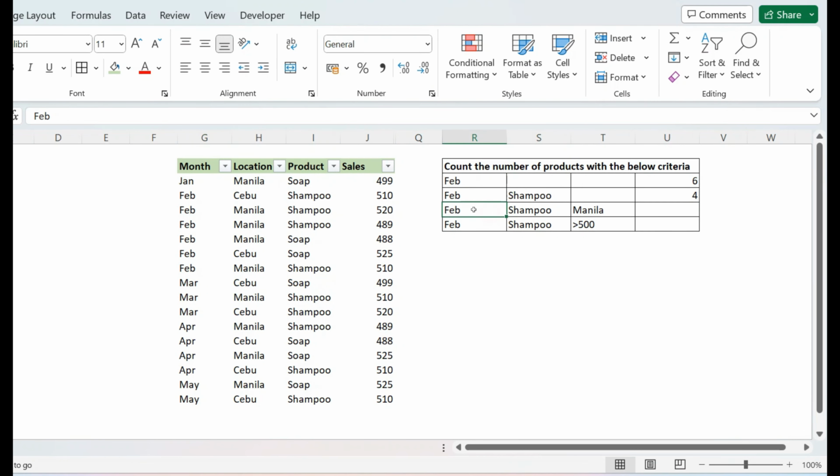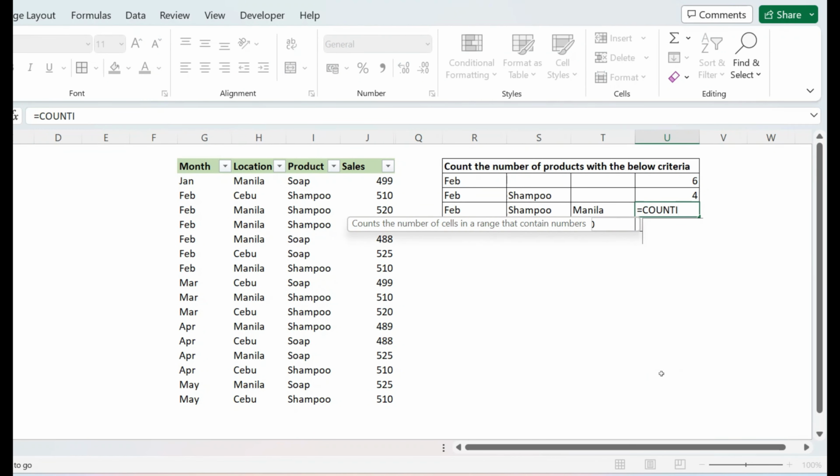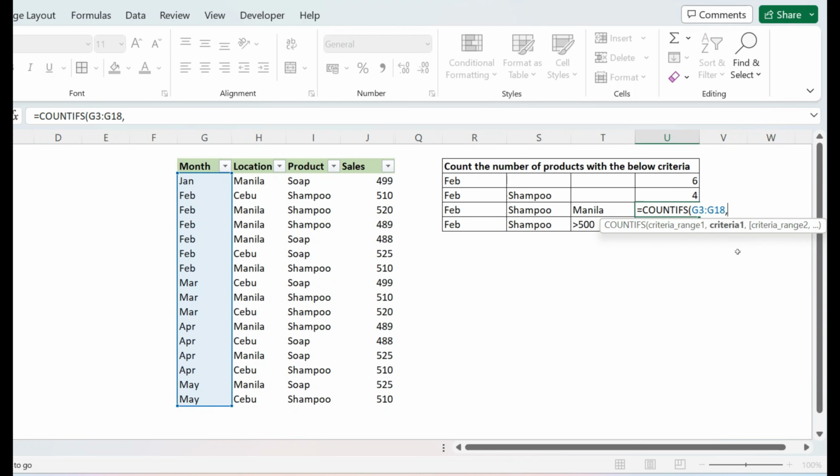Alright? Next example, we have 3 different criteria. So, gamit ulit tayo ng count ifs, open parentheses. Yung first criteria range, pag sinabi nating range, ito yung iha-highlight natin kung saan manggagaling yung answer or sagot. So, first criteria range, meron tayong February. So, highlight natin yung month column, comma. Then, yung first criteria natin is February, comma. Second criteria range, shampoo. So, highlight natin yung product column, comma. And then, the second criteria is yung product natin,